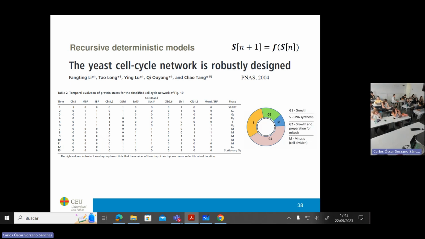It has G1, which is growth, and then DNA synthesis, which is state S, and then G2, which is growth and preparation for mitosis, and then you have the mitosis. So by looking at these, I don't know, 10 proteins of interest, and by defining the relationships between them,